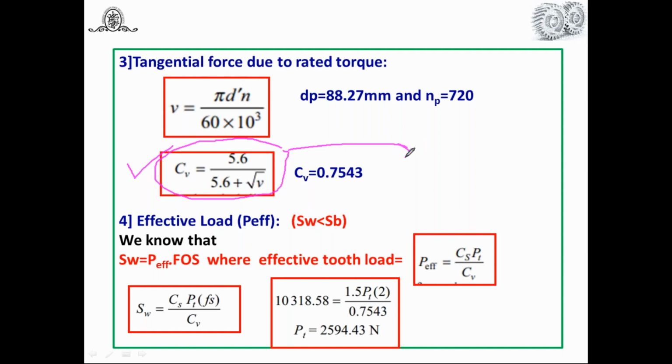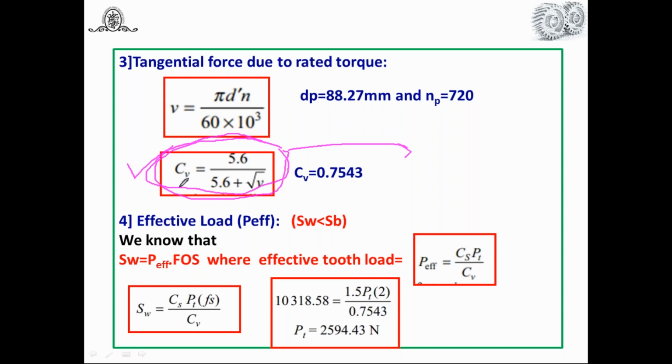You know very well, when comparing spur gear with helical gear, spur gears are generally used for low speed, because the teeth are cut straight and there is a sudden engagement, that's why the operation is noisy. But in helical gear, teeth are cut with some inclination. There is a gradual engagement, and because of that, noiseless or smooth operation is possible. That's why they can be used for high-speed applications, and that's why we always use this expression of CV to calculate the velocity factor.